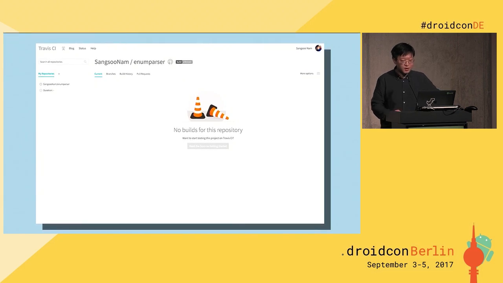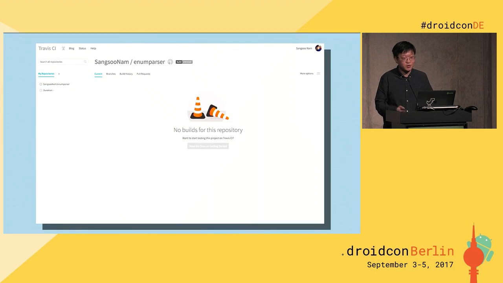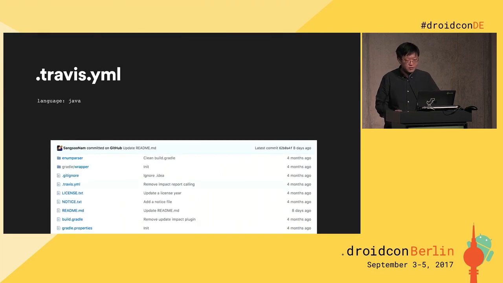And then select the repository, and then go to the repository page. And you can see this message, because Travis CI does not know your repository well. They don't know what they need to do. So you need the configuration file. This is the .travis.yml file, and then you can add that into your repository.